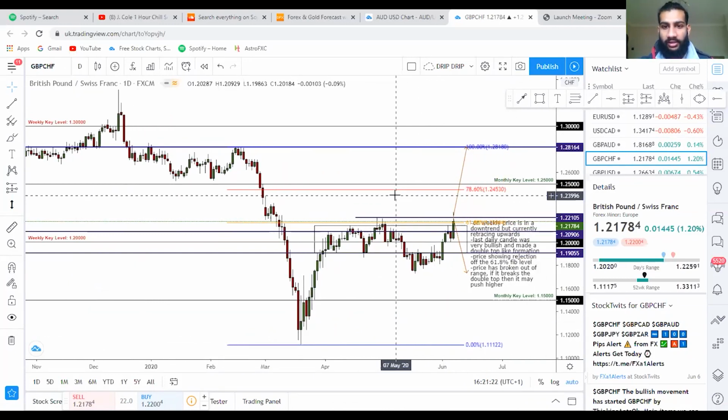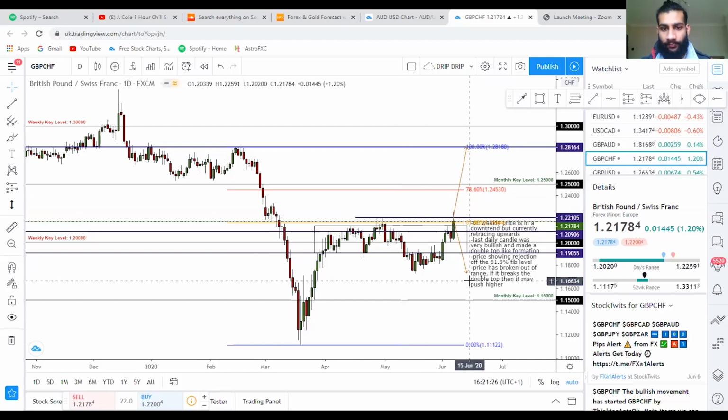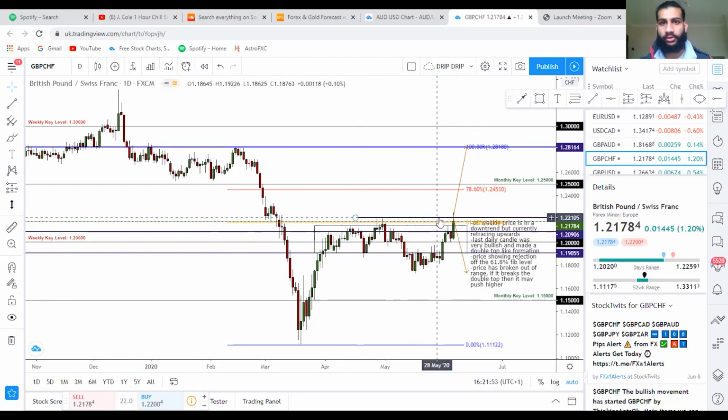If it does fail to do so, I will take a short, and a couple of confluences that go along with it are price was in a range box previously. It broke out, it's moved back up. It seems to be breaking out, but let's see if it does break above this resistance level. Yes, it's broken out and it'll push to the upside. If it does actually stay below this and comes back into the range box, I will be taking a short on that, because it also, there's another